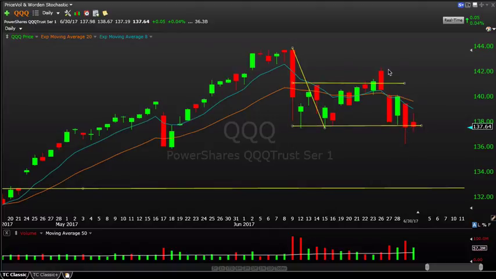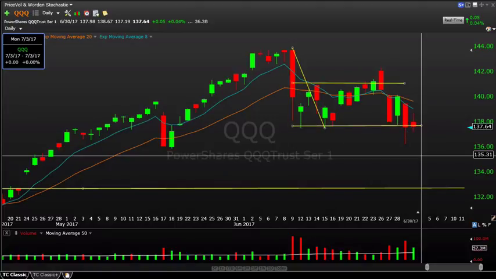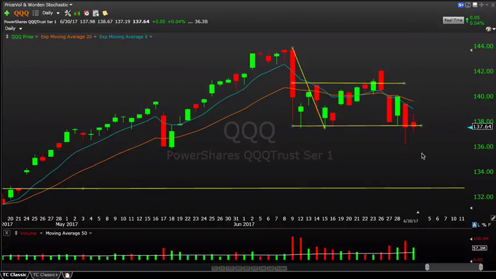I was looking to see if we could get a little more of a flush lower here in the Qs, down to say 135, 136. It hasn't happened yet. So something again to keep our eye on. But again, the Qs are definitely the damaged bunch out of the groups. There's better places to be. We're going to go through some of the sectors individually later on. But for now, semiconductors, technology, Qs, this is a tough area to be. We see that pressure. We're at sort of an inflection point. Let's see how this one plays out.